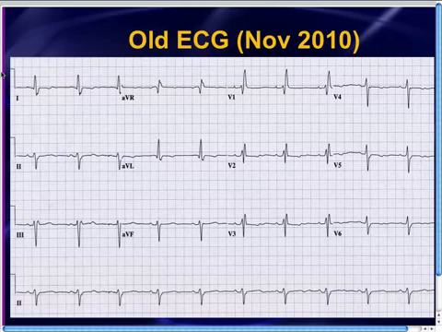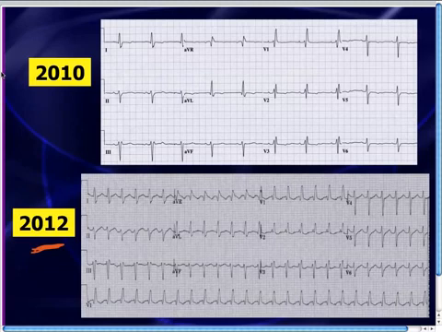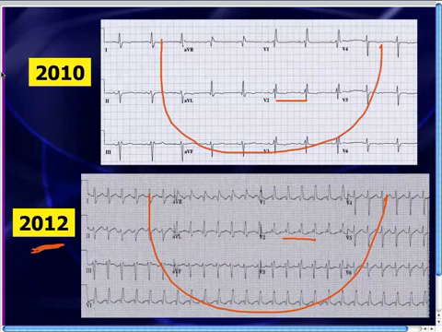This is from 2 years ago, and we're very happy to see that she's got an old right bundle branch block pattern. And furthermore, when we put the 2 EKGs next to each other, the 2010 old EKG versus what she's got right now, you'll notice that the QRS complexes are completely identical in all 12 leads. Maybe in lead V2 there's a slight difference, but in all the rest of the leads, and that might just be from lead placement,